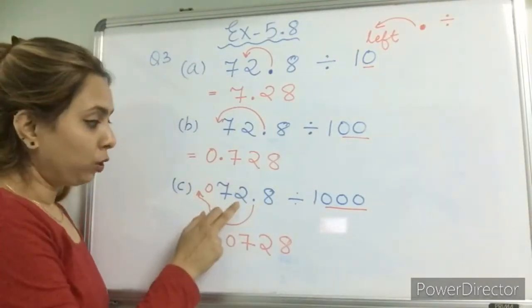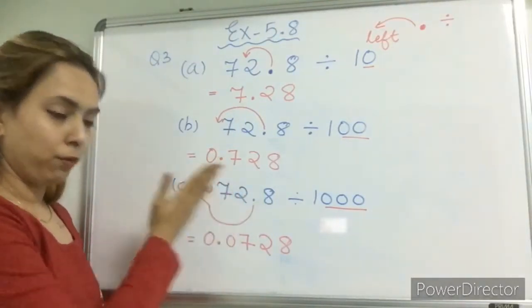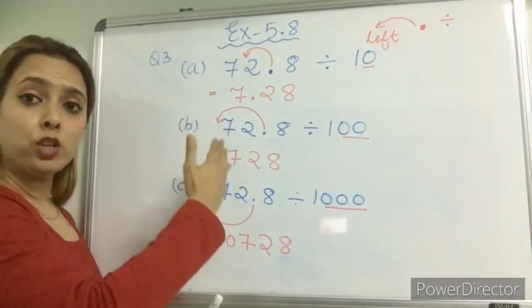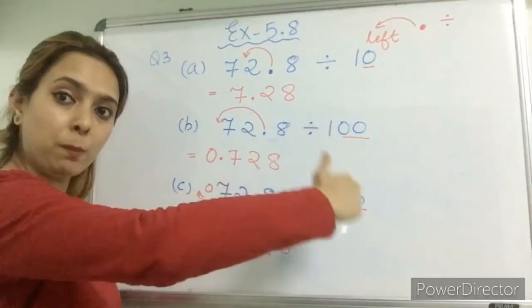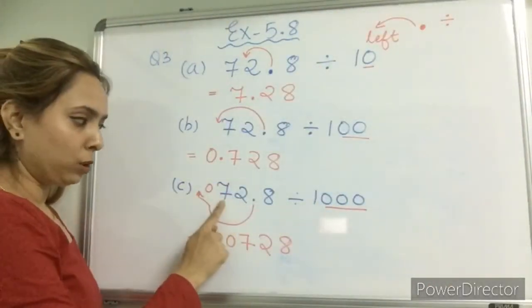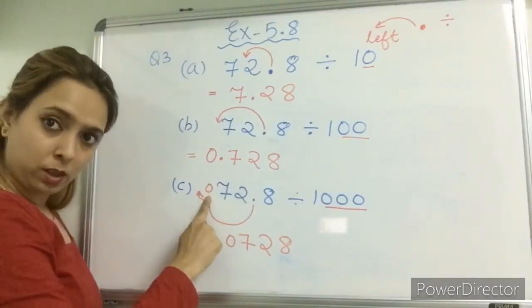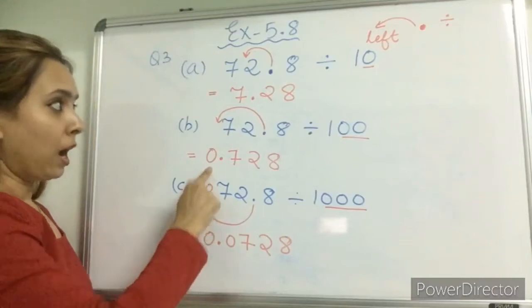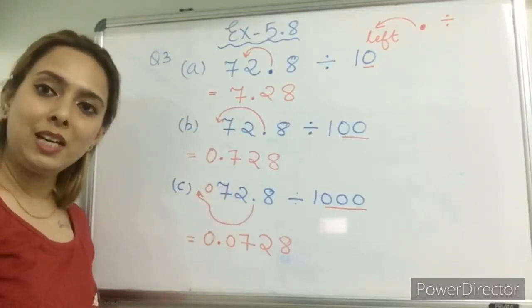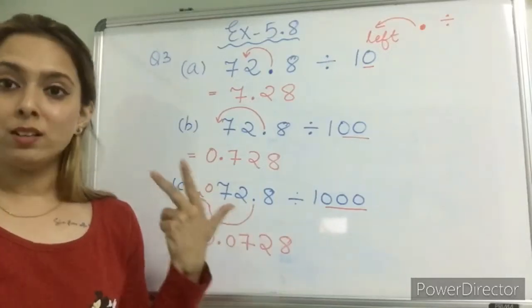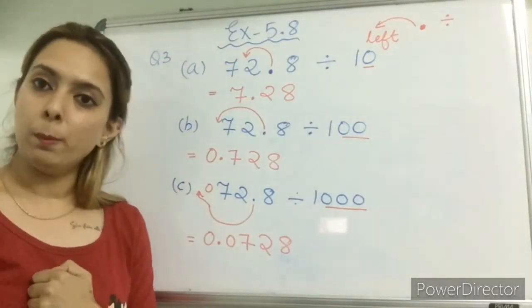No, you will always put zeros before when you are shifting the decimal towards the left side, and when you are shifting the decimal towards the right side by multiplying, you will put zeros at the end. So this 7.2, I will put 1 0 here to make them 3, and then I will put a decimal, and these zeros are just for our visibility clearance. So we have done question number 1, 2 and 3. Let's go for question number 4.